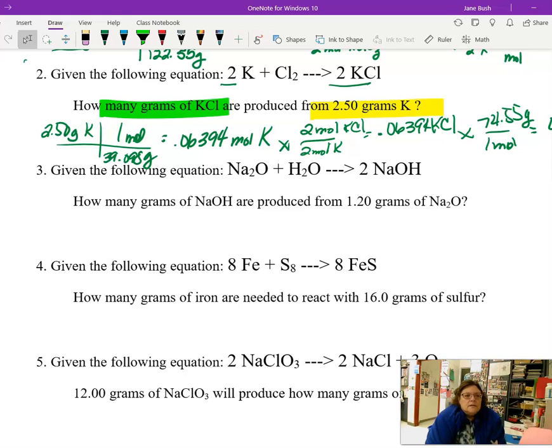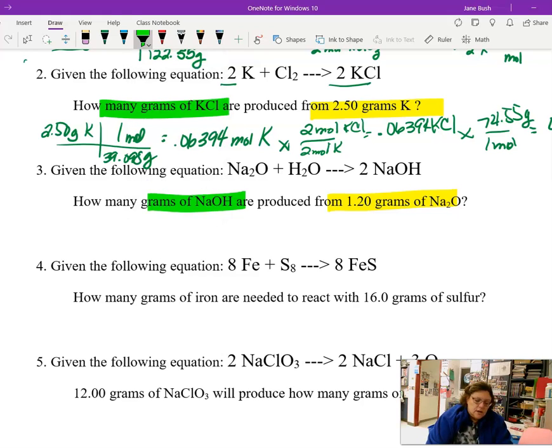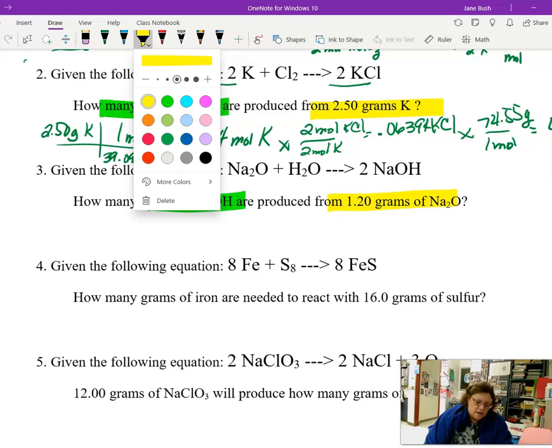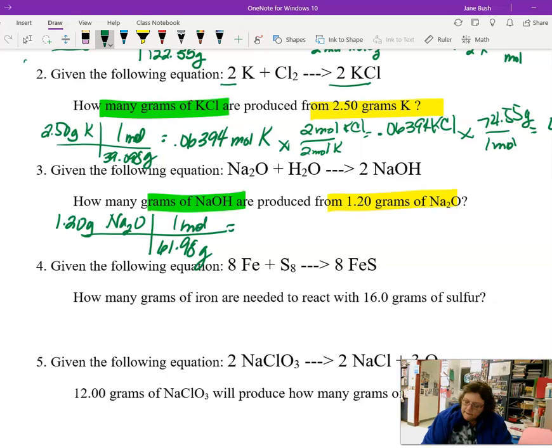Okay? The next one, what we know is 1.2 grams of sodium oxide. What we're solving for is grams of sodium hydroxide. So, we're going to start with 1.20 grams of Na2O. We divide by the molar mass, which is 61.98 grams in 1 mole. And that gives us 0.01936 moles of